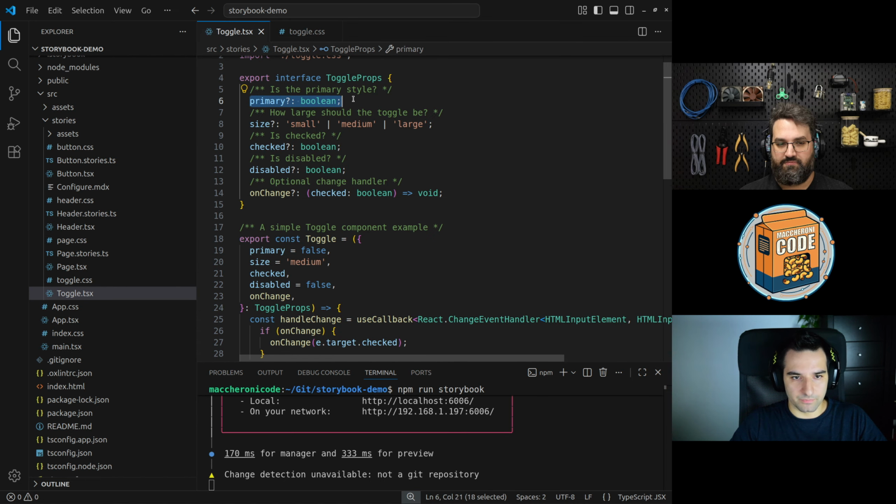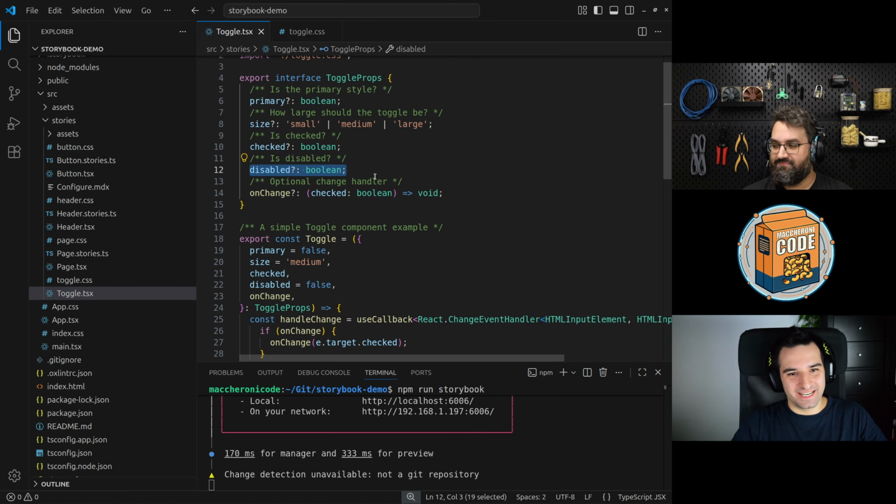You have the primary, that is a sort of style, can be primary or not. You have the size of the toggle, checked. If it is undefined, it is uncontrolled, so you can click and it changes by browser state. And if you pass false or true, in that case, it becomes controlled, so you have to manage the business logic in your app, which is what you would normally do. You would not leave state to chance; you want to attach it to the data model, to your business logic. You want to react to something.